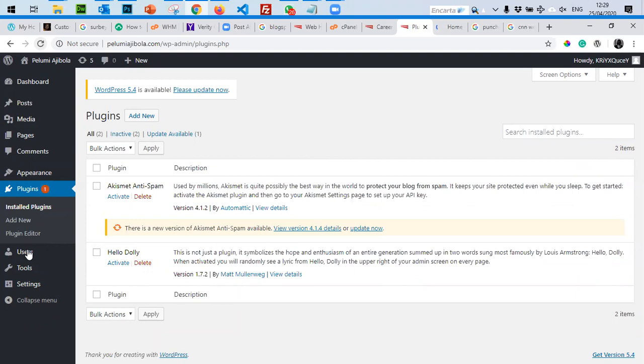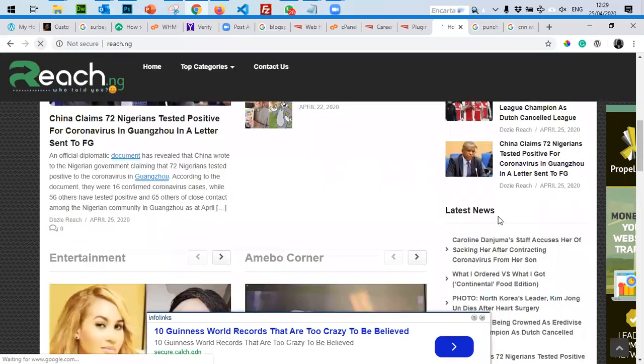And one of them is the social media plugins. Because now, when you have a blog post, the next thing is to be able to share your write-up. People should be able to click on a link and see what you've done.